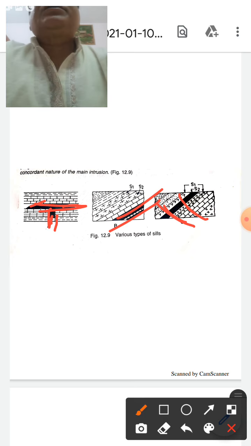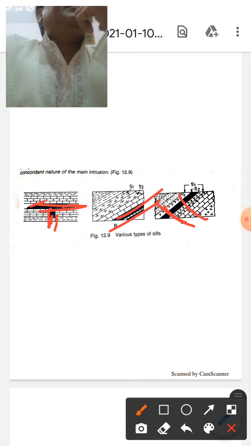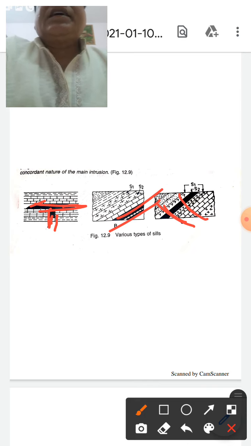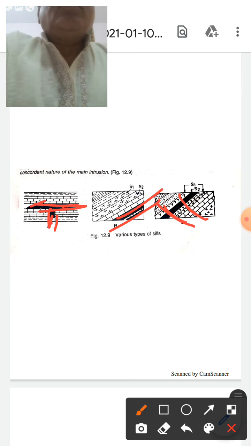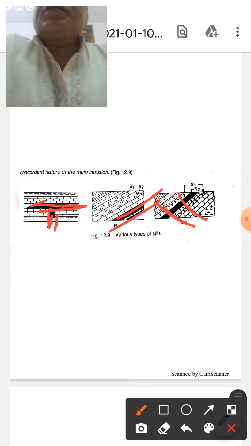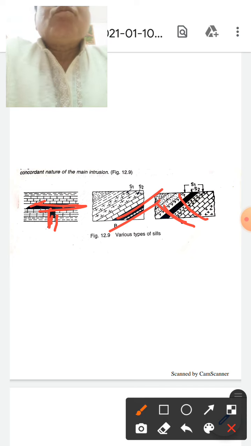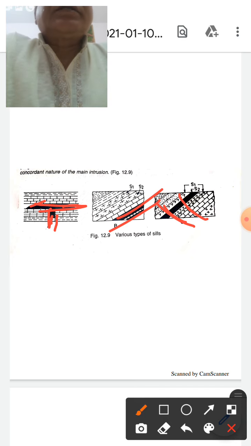As far as the definition is concerned, dikes are columnar bodies of igneous rocks which cut across the bedding or other structural features of the invaded rock. A dike is a narrow, elongated, parallel-sided wall of igneous rock. Dikes show great variation in their thickness, length, texture and composition. The thickness may be only a few inches to many hundreds of feet. Similarly, the length may be from a few meters to many kilometers.